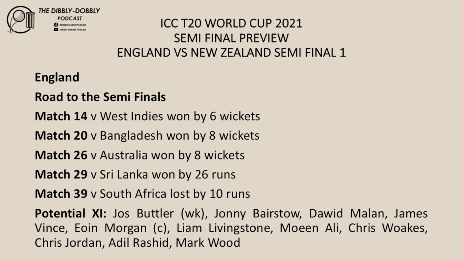The other challenge for England is how their batsmen will go against New Zealand's quality bowlers. It's important for England's batsmen to see off New Zealand's quality bowlers: Southee, Boult, Milne and Sodhi. England can't afford to lose early wickets, especially with Jason Roy being out of the side. If England are looking to post a big total or chase down a total, they can't afford to lose early wickets against a good New Zealand bowling attack. Buttler and Bairstow at the top of the order will be important for England,